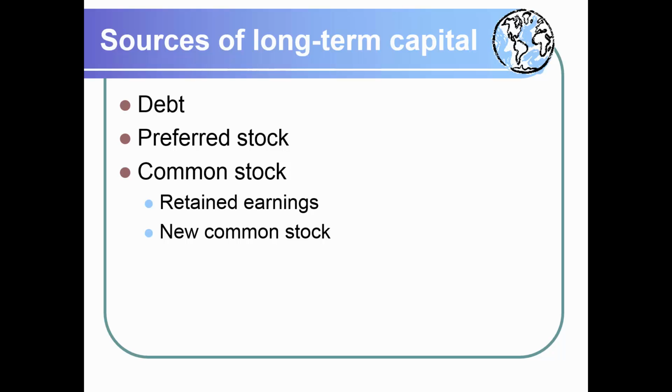Okay. So what are typically the sources of long-term capital? They tend to be coming from bonds, coming from preferred stock, and coming from common stock. So these are the three components. And out of the three components, when you talk about common stock, we can have the cost of retained earnings and the cost of new common stock. So when you talk about the cost of retained earnings, if you look at a company like Apple, they have around $50 billion in retained earnings.